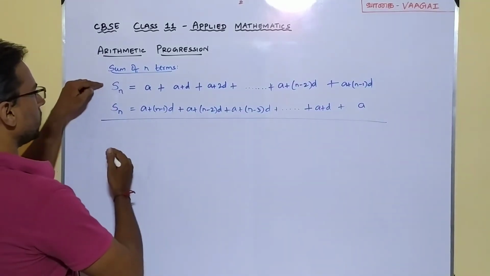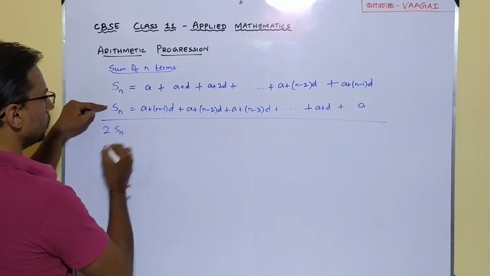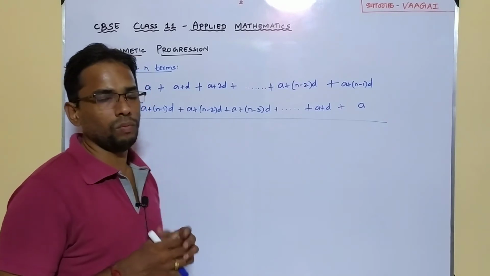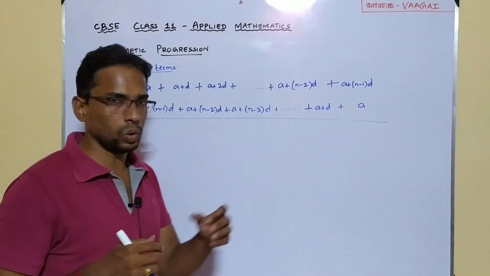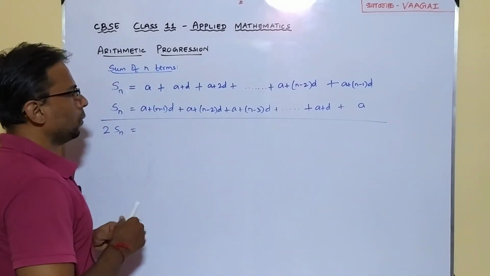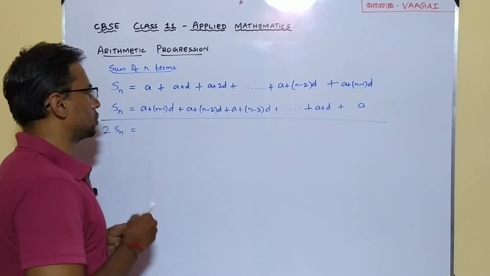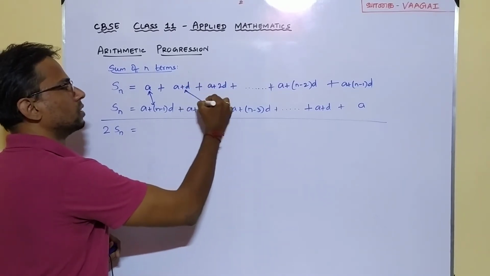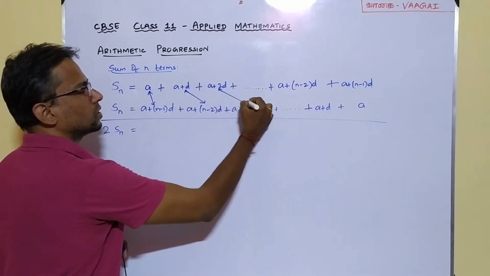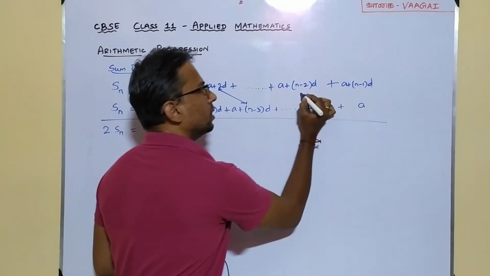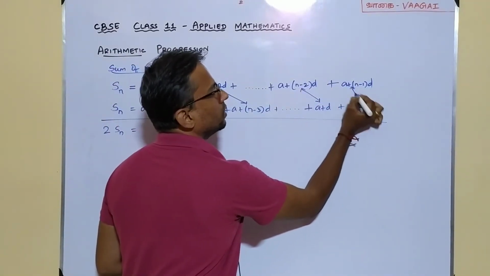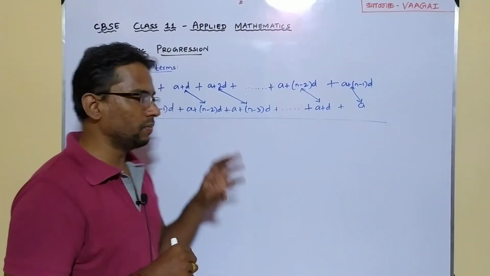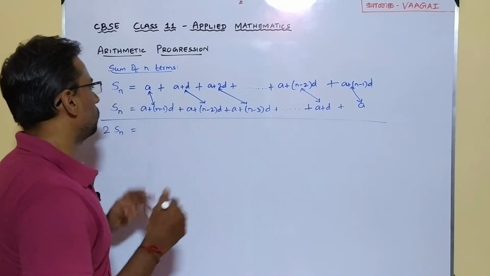If I do so, I will be getting Sn plus Sn. My left hand side will be 2Sn, which will be equal to. Now coming to the right hand side, what will be happening in the right hand side? That we will closely observe. On the right hand side, I am going to pair up the expressions. That is this term with this term, this term with this term, this term with this term, and so on. And finally, this with this and this with this. Let's see, interestingly, what is going to happen when we add like this. Shall we do that? Yeah, fine.